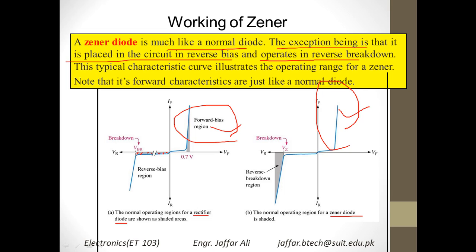This is only a small current, but in the Zener diode you can see that we can use the even reverse bias, or you can say reverse breakdown region, also for conduction. So you can use this region in the Zener diode, while you cannot use the same region in a rectifier diode. So this is the main difference between the working or operation of a common p-n junction diode or a rectifier diode as compared with a Zener diode.